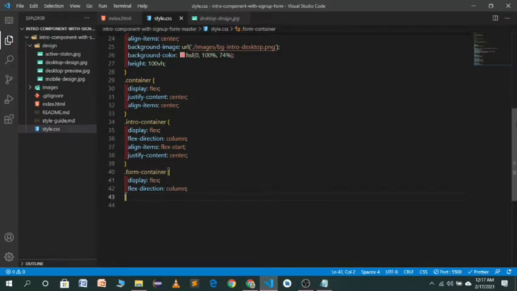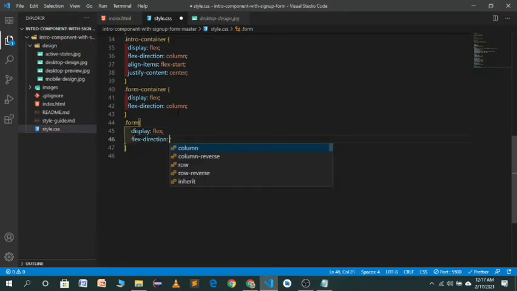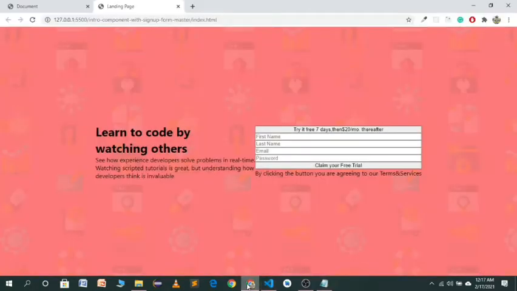Now we have to target our form, and we will use the same properties such as display flex, direction will be a column. Now let's see. So here you will see these changes are happening. We have to give